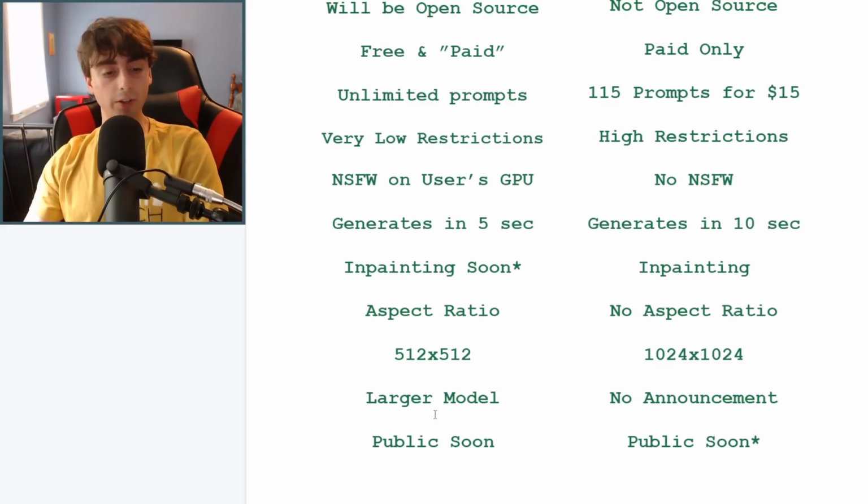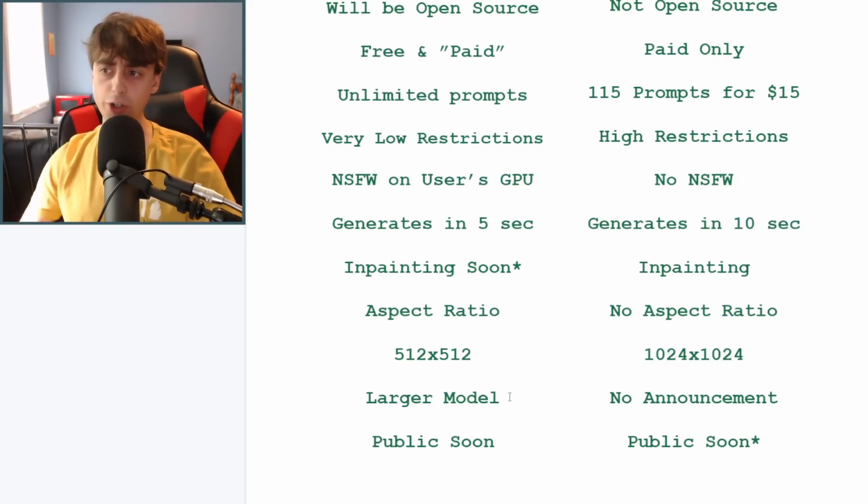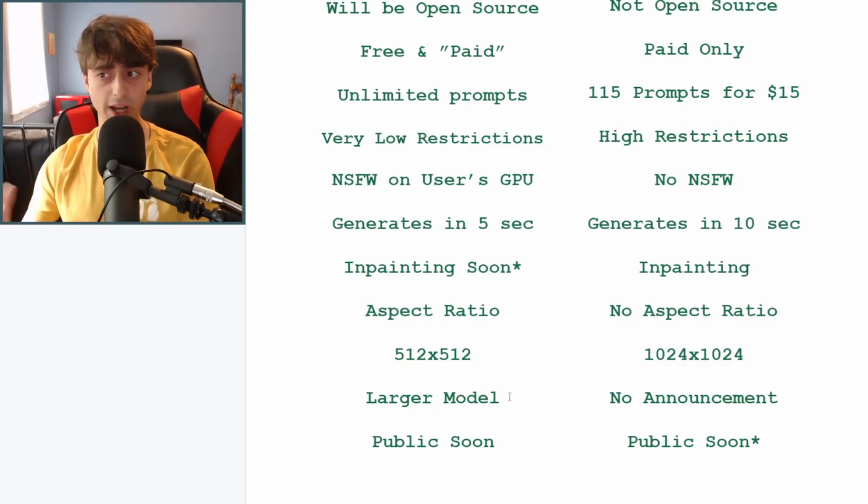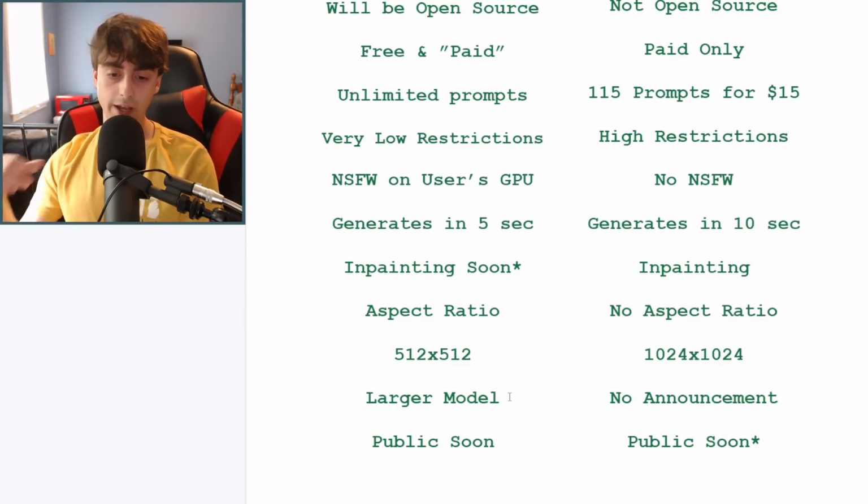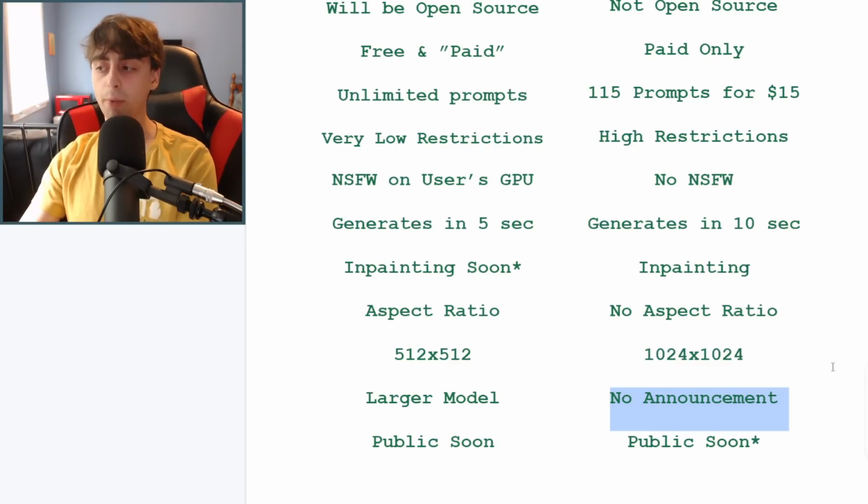So getting into the final little comparison, there actually is a larger model of Stable Diffusion that has been announced and is coming in the future, so we are going to be getting an even better, more complicated model. We don't really know that much about it, but we know it's going to run hopefully under 16 gigabytes of VRAM, something like that. Basically it's going to be a larger, better Stable Diffusion model, and as of right now, there's no successor or bigger model for Dall-E 2 announced yet. We just have Dall-E 2 at the moment, although we can assume that OpenAI is going to make something more expanded upon in the future.